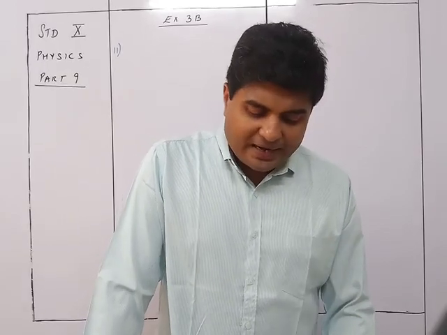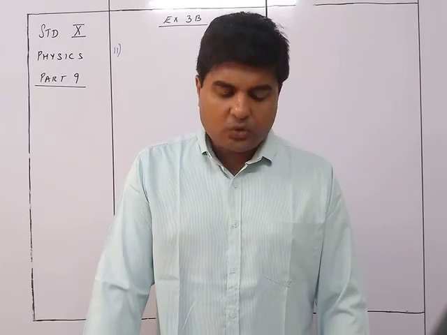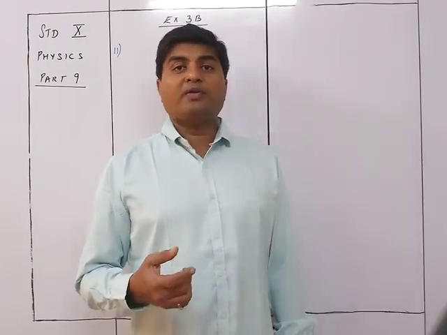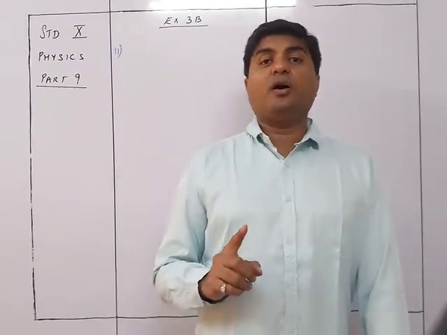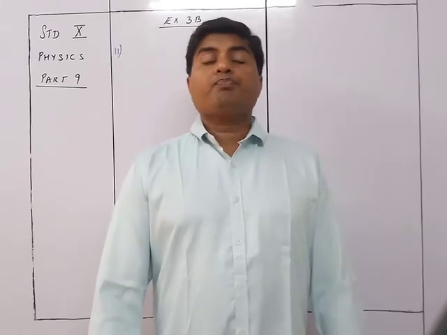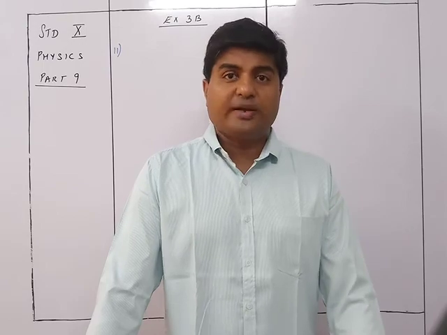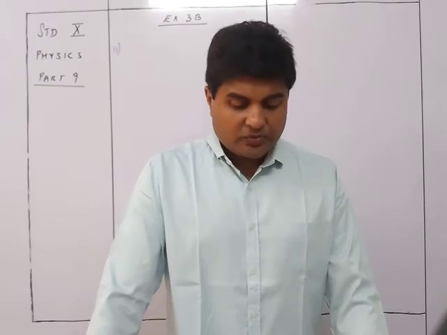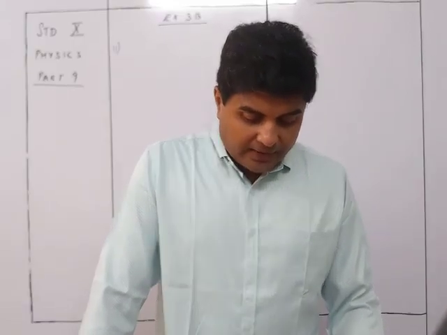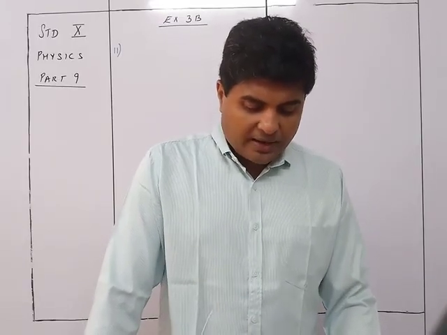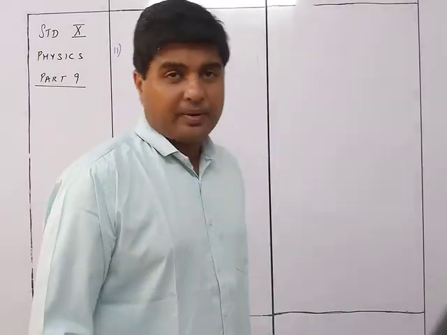Draw a neat and labelled diagram to show them so as to obtain a maximum mechanical advantage equal to 8. That's very simple, because since it is 8, we are sure that there are 3 movable pulleys, because in a combination pulley the velocity ratio and the mechanical advantage is 2 raised to n. So 2 raised to 3 is 2 into 2 into 2, which is 8. So what we need to draw is a combination pulley. In your diagram, mark the direction of the load, effort and the tension in each string. What assumptions have you made to obtain the required mechanical advantage?